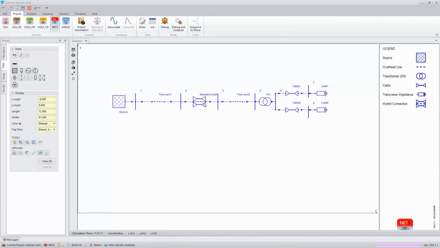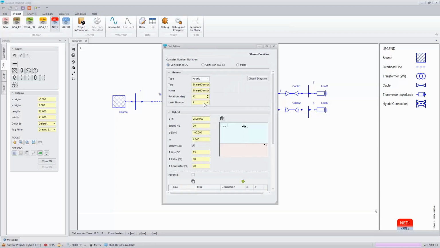The NETS module has allowed you to analyze multi-phase mesh networks for steady state, unbalanced power flow, and detailed fault information for current into the earth and alternative paths. The hybrid cell feature allows you to analyze the effects of AC interference on cables, pipelines, and other objects in shared corridors. Here, in our hybrid cell called shared corridor, we have a transmission line, and adjacent to it is